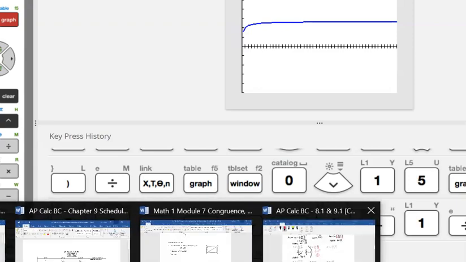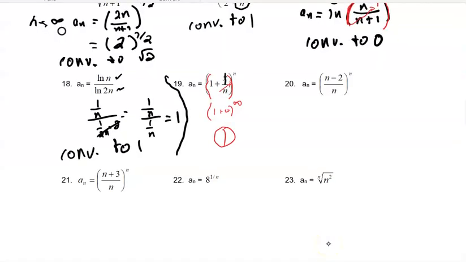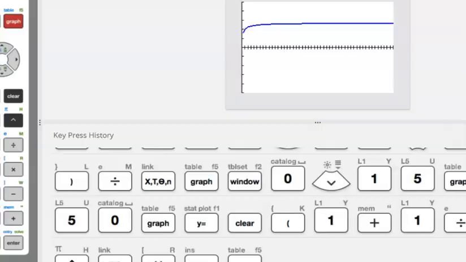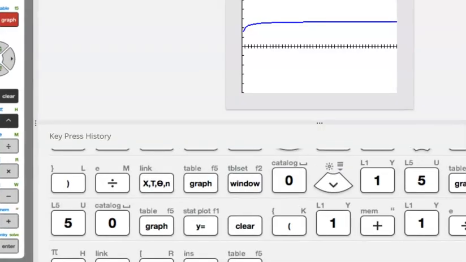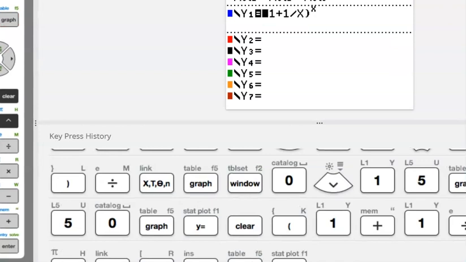If I have you go to number 20, let's see here. And we graph this one. So let me change this to be a positive 2. And so all I'm going to do is go back into my calculator. I'm going to change this. Let me move over